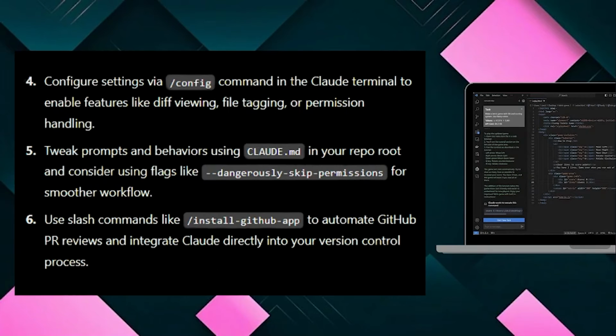Then configure settings via the config command in the Claude terminal to enable features like diff viewing, file tagging or permission handling. Tweak prompts and behaviors using CLAUDE.md in your repo root and consider using the extension for a smoother